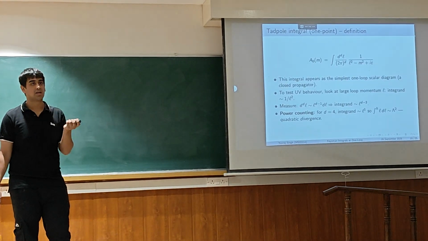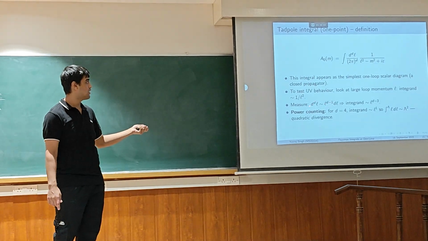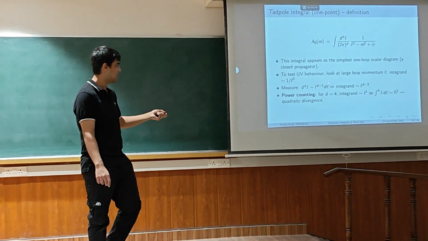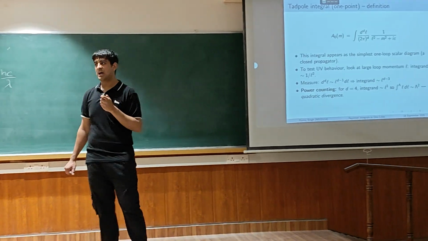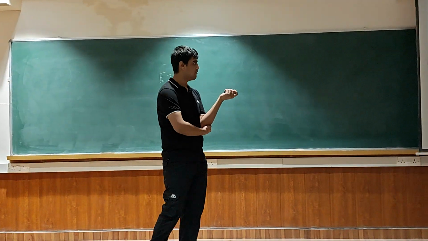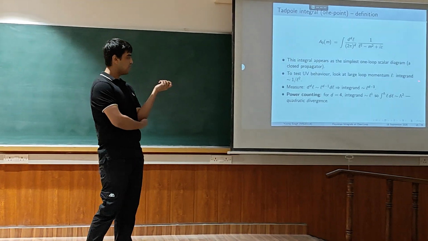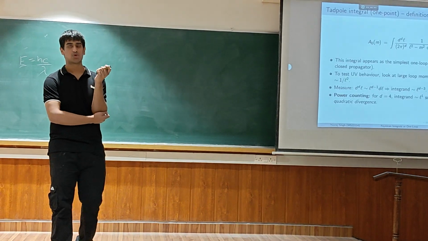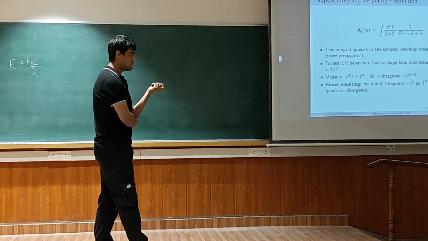Now in Euclidean space we can easily transform it to spherical coordinates, and this is the spherical coordinates conversion. The spherical part goes outside, and this is the radial part that is left. So the integrand looks like this. Now we have dimension d equals 4, 3 for space and 1 for time. If we put d equal to 4 in our calculation, we get an integrand of L, and when we integrate it, we get a lambda square term. And this term goes to infinity for large L. So these are the divergences that we see.